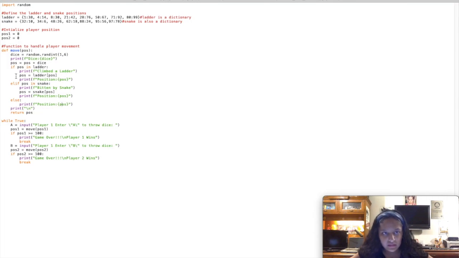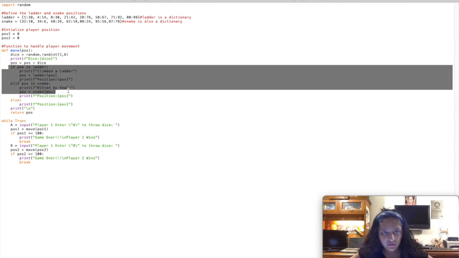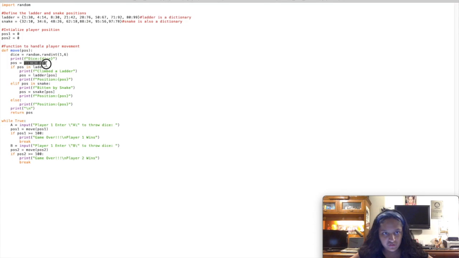So if these two statements are not true, then whatever the position is, it is just going to get it here, and then we're just gonna print a new line so that it's organized, and then we're gonna return pose, right? So okay, this will happen,